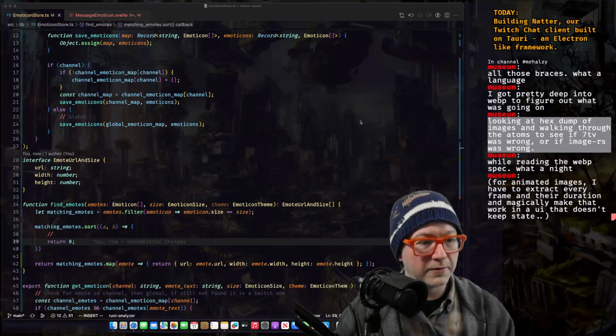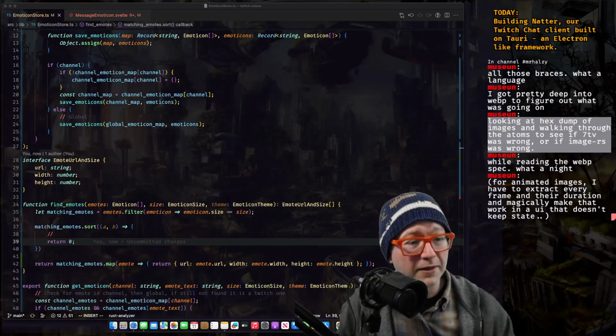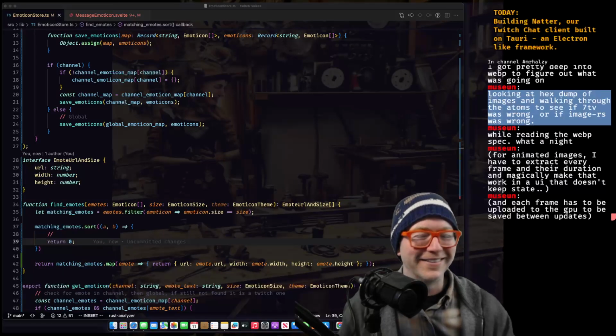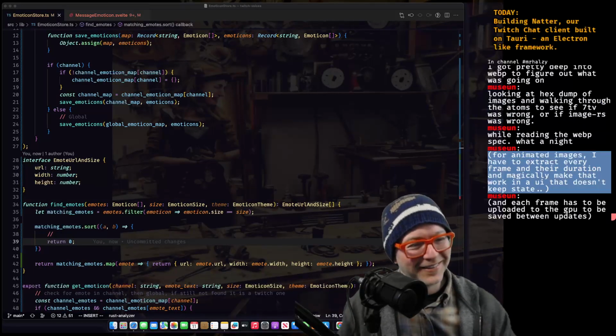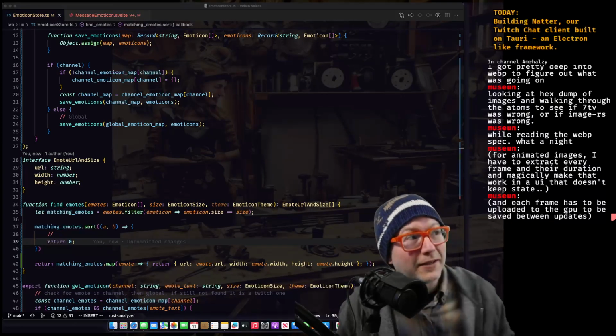All right. For animated images, you have to extract every frame and their duration and magically make that work in a UI that doesn't keep state. Oh my goodness. I did the same thing.